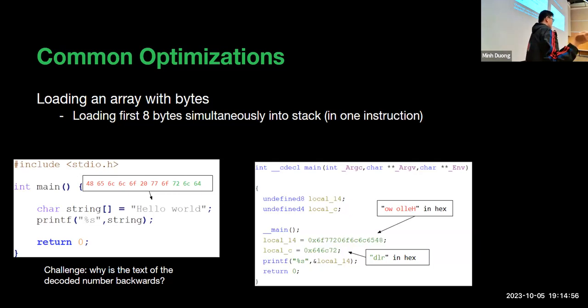Do any of you guys know why this is backwards? Stack goes down. Kinda. Stack is one of the factors, but in x86 there's also this concept called endianness.